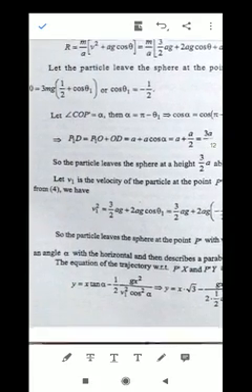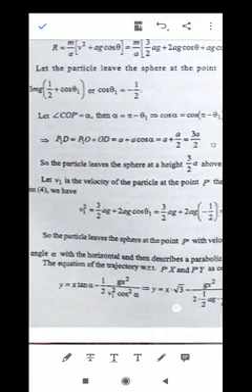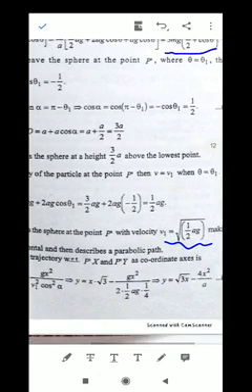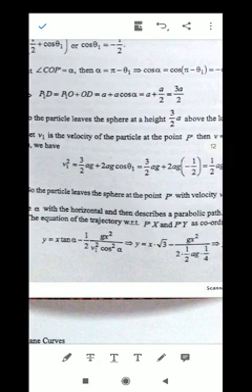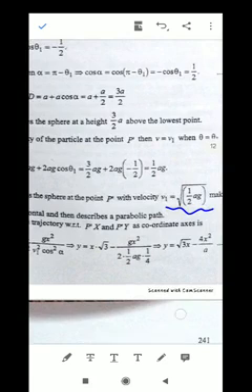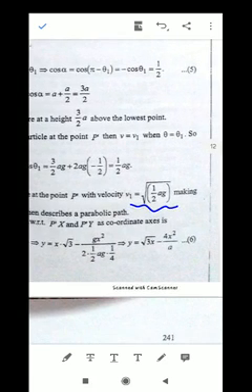Now the equation of trajectory with respect to P dash x and P dash y as coordinate axes is given by this equation. This is the equation for the parabolic trajectory. So we have y equal to x tan alpha minus 1 by 2 g x square upon V1 square cos square alpha, and putting the value of alpha here we get equation 6.